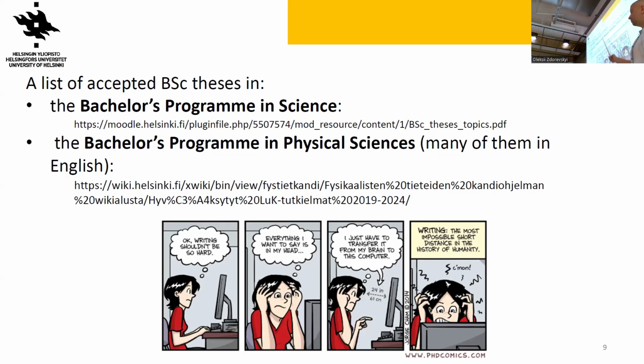On top of that, on both lists, there is also not only the topic but also the supervisor. So this could give you the idea of the potential scientists you would like to approach and ask if they have any topic for you to write the bachelor thesis in that specific field.